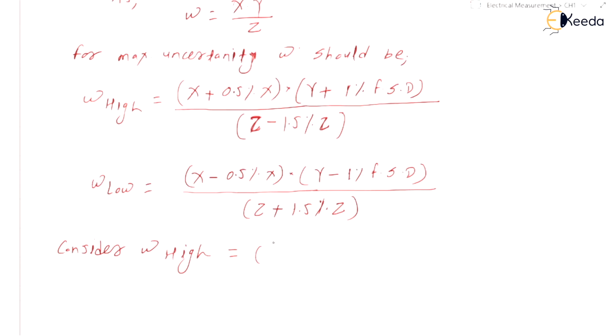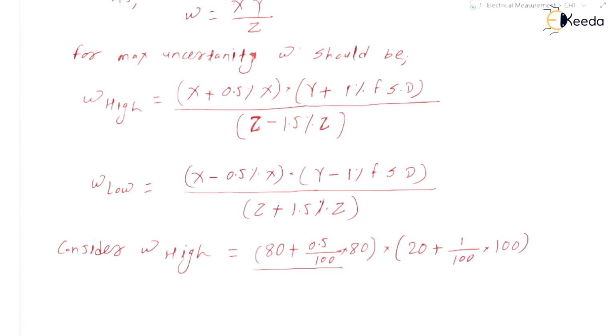It is given that x is 80, so we can write 80 plus 0.5 divided by 100 into x, that is 80, into second bracket y plus, y value they have given, it is 20, plus 1%, that is 1 by 100 into full scale value. What is the full scale value? It is given as 100,